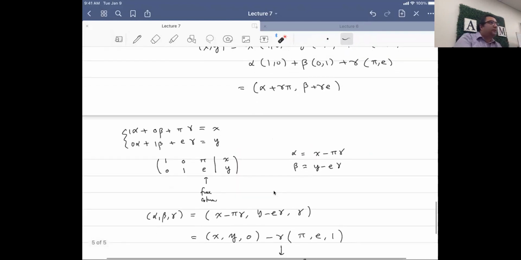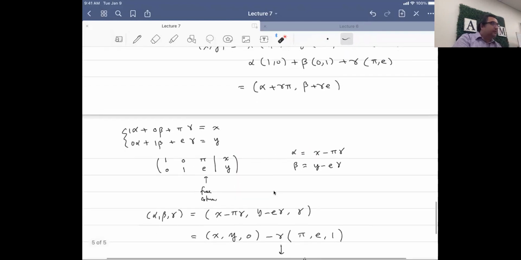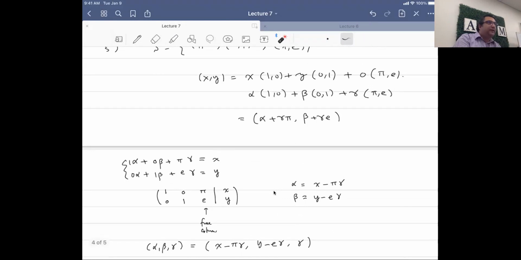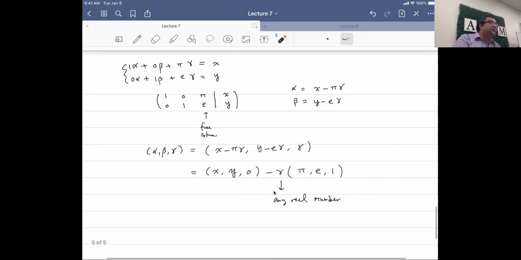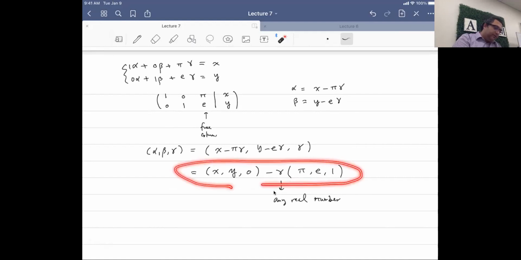But to answer your question, whether this is a unique way of finding alpha, beta, gamma, absolutely not. It's just one of them, and all other possible choices for alpha, beta, gamma are parameterized here. So you choose any real number gamma other than 0, you get a different combination. For instance, if I pick gamma equals 1, then alpha will be x minus pi, and beta will be y minus e, and gamma will be